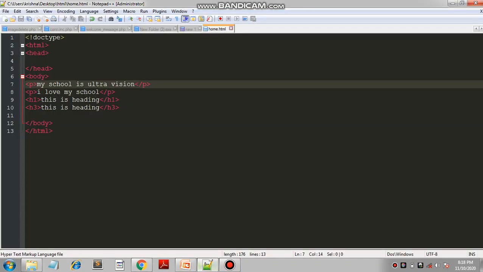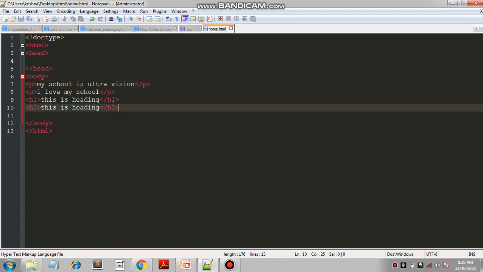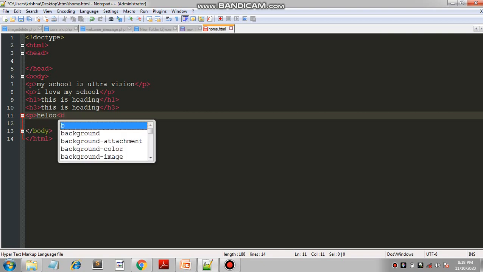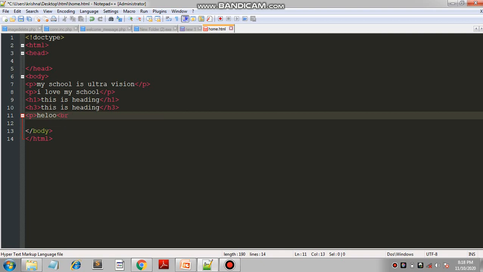Go to your code. Okay, first tag is a P tag as we show in our code. Next, the break tag. For the break tag we first require a P tag. Hello. Now we give a break tag for indicating a new line. So for that we require BR space / and BR. The BR tag is an empty tag, so it does not require an end tag. Only the BR tag is required.